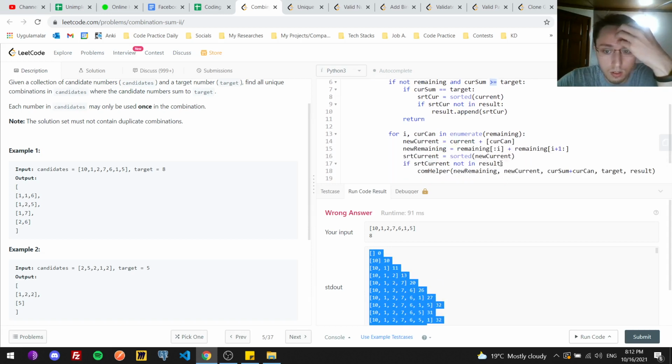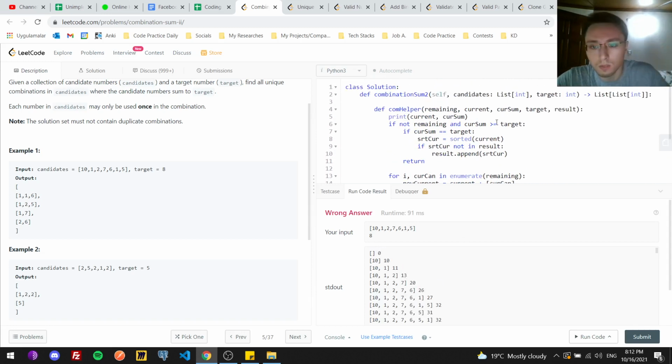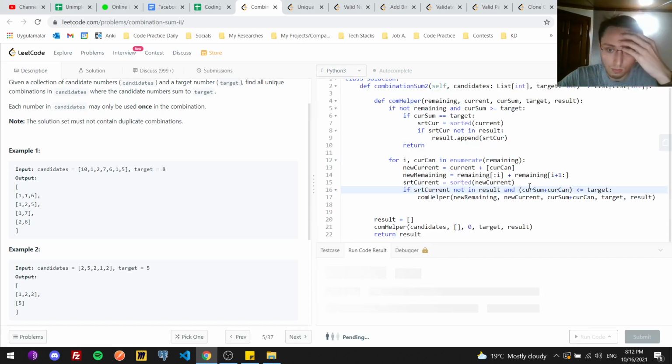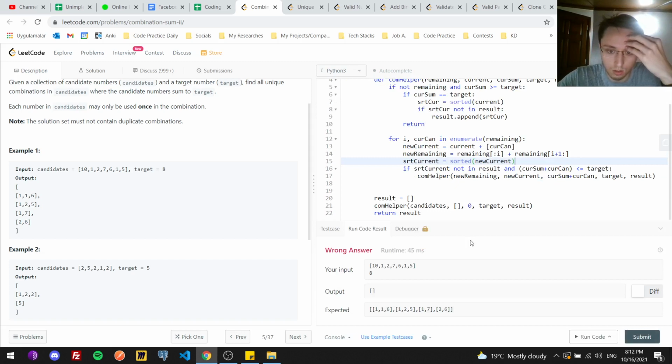If it is, yeah, I should just, instead of there, I should like and this should be, and this should be less than or equal to target sum. I mean target. If it is less than or equal, I want to go there. But I forgot to